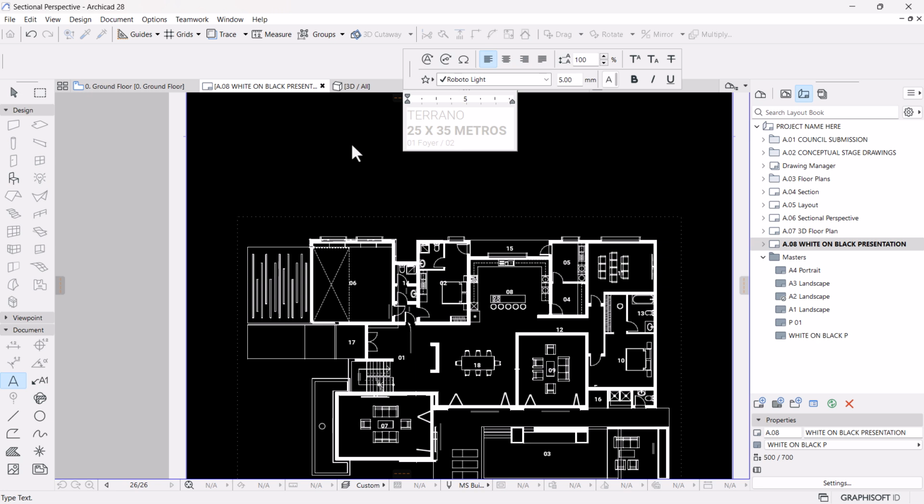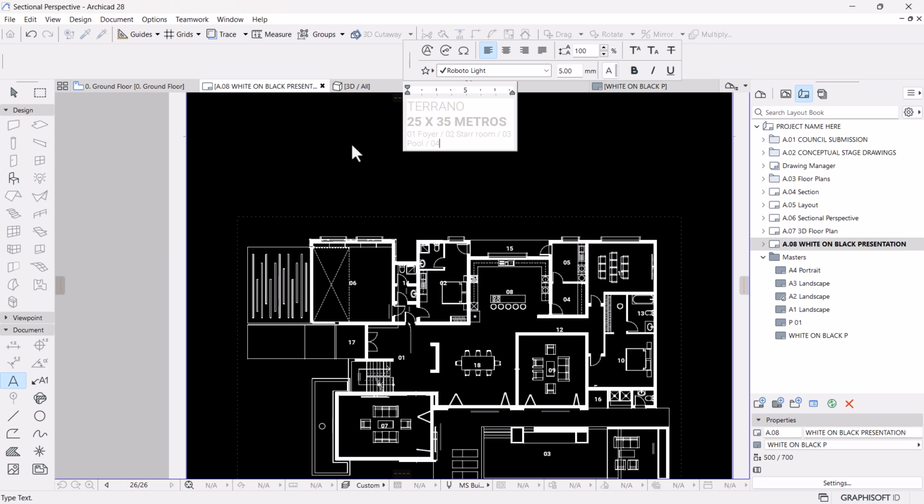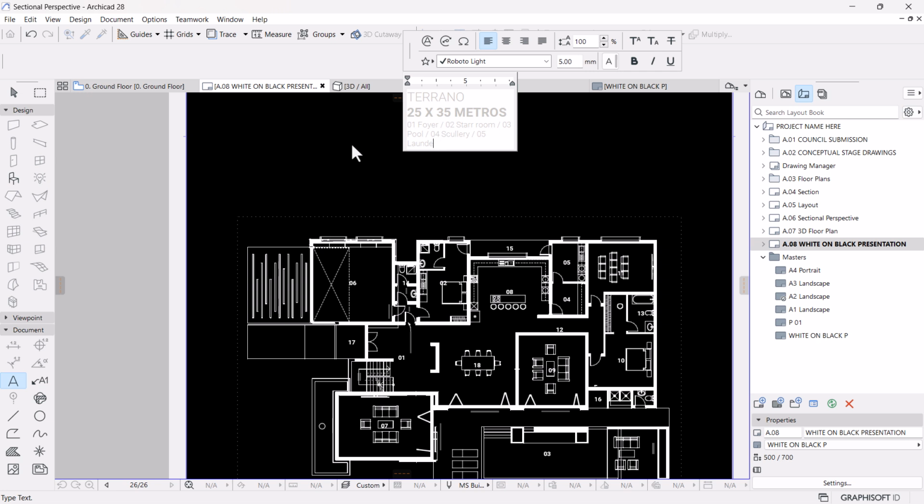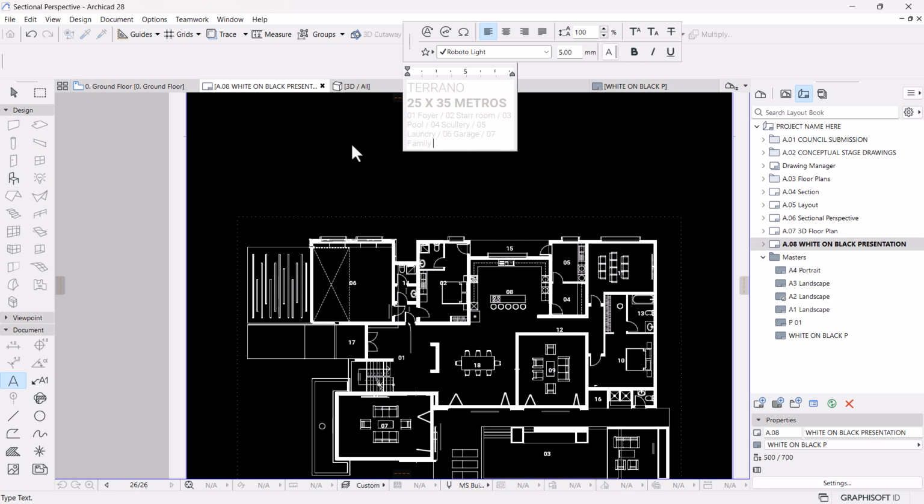02 is what? Staff room. And 03 we have the pool. 04 we have, this is color, and 5 laundry, 6, where is 6, garage, 07, this is sitting room or family lounge, 08 kitchen,